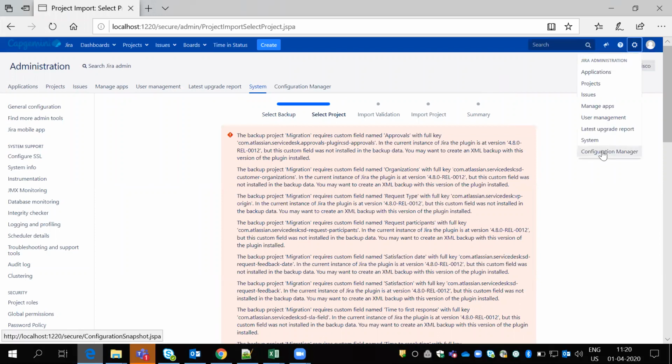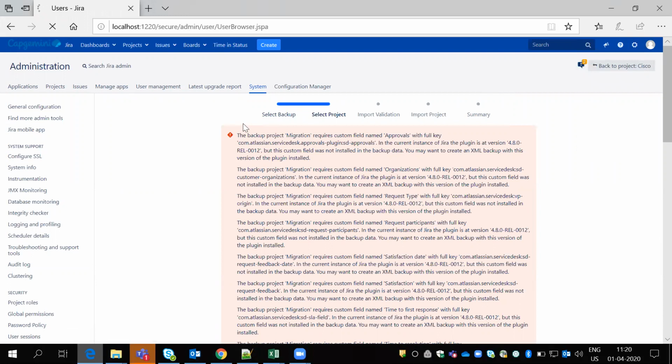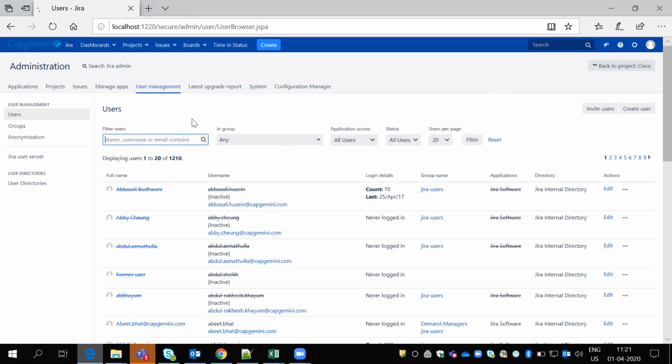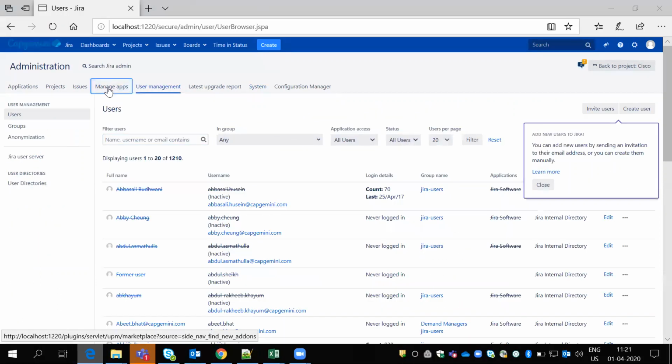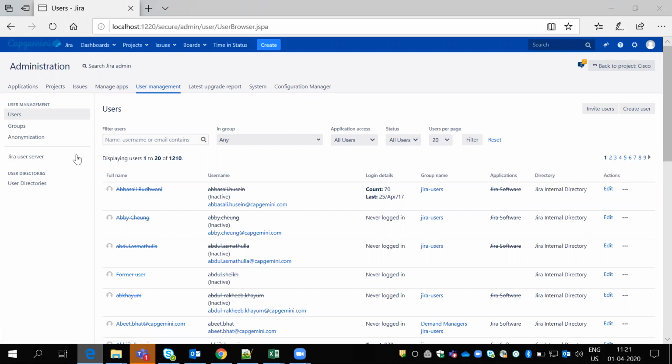So you have to install the plugin in the two environments, but you can use only one license for two places. If you purchase the license once, you don't need to purchase again for dev or testing purposes. You use the same plugin in production and in the dev environment as well.